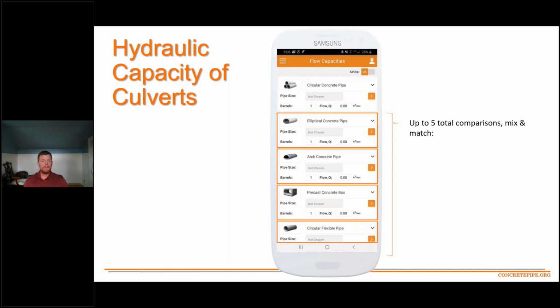It can be reinforced concrete pipe versus reinforced concrete pipe. So maybe you want to consider a double barrel versus a single barrel. Maybe you want to compare different sizes of pipe. You can also check out concrete pipe versus elliptical. So maybe you have limited fill height. So you'd go with an elliptical and you want to see what size elliptical corresponds to a certain size of